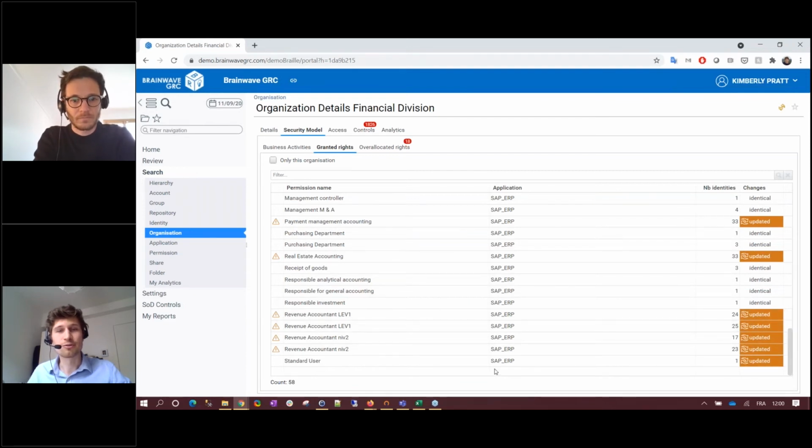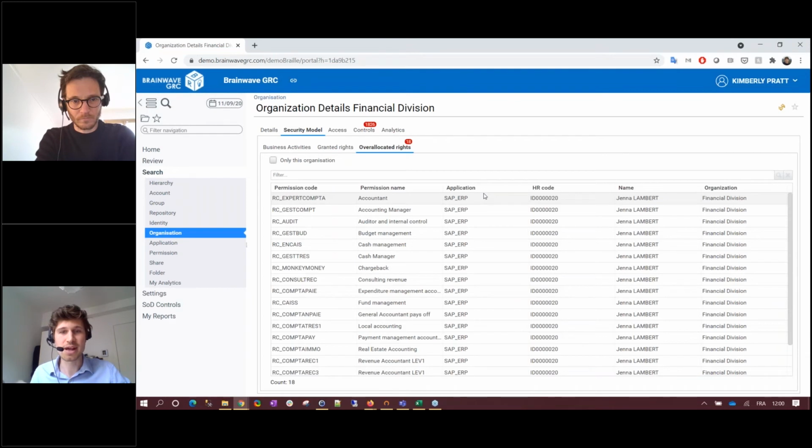We don't have the full scope as Brainwave provided around other applications like Cashpooler, Elixo, etc. So the other list of access we have mentioned. But we can notice as well that the information coming from the IAM system, compared to the reality in the SAP system, shows some discrepancies today. And we can notice that General Number has some over-allocated rights compared to IAM. So we need to deal with those rights. We need to understand why she has those rights in SAP and they are not listed in the IAM system. So we need to fix that, and this is the best way to take a decision.